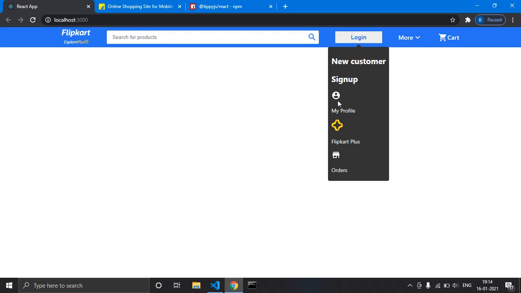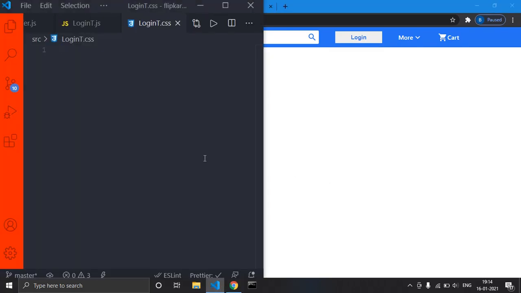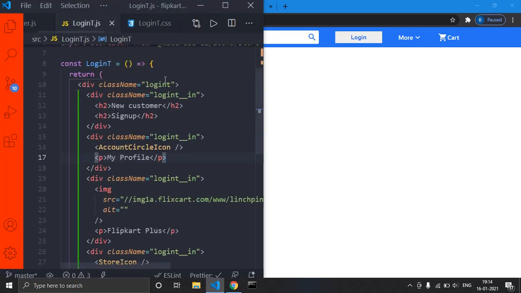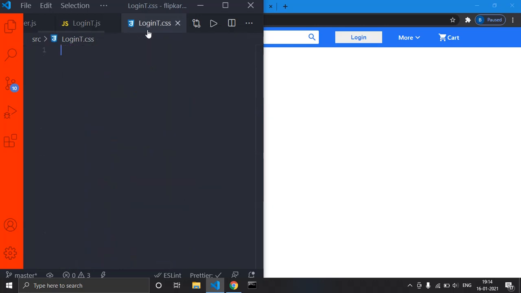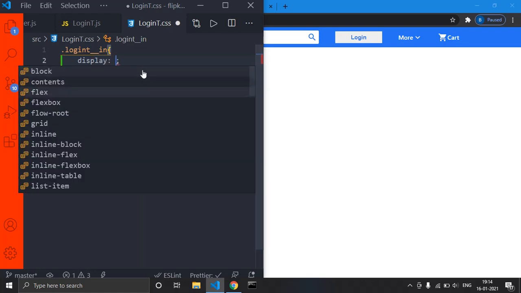But in our case it is aligned in two lines. In the same way all these. So we will give display flex to this part so that they will come in one line. That's it. It's very simple, right? We already gave LoginT in underscore in for all our parts, right? So we'll just come over here and target the div, and we will give display flex.